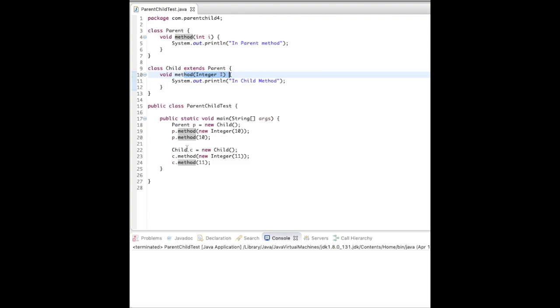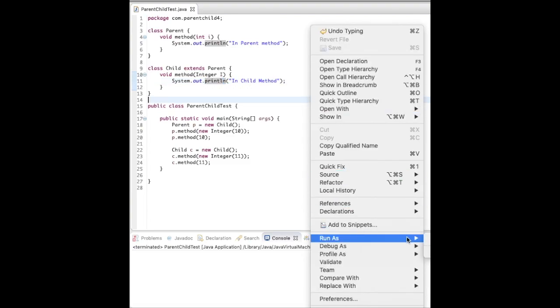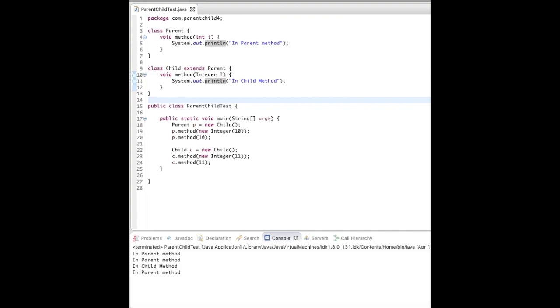But okay, let's go ahead. Then in the same way, child c has a reference of this, so all four calls should print the child method. Okay, then let's run and see this. But no, only once is the child method called, while the rest of the time the parent method is called.